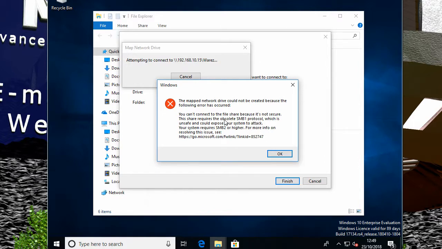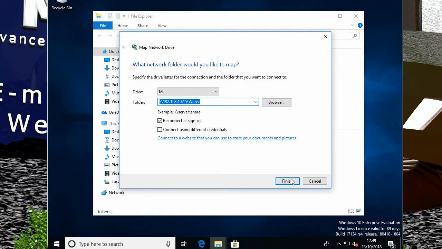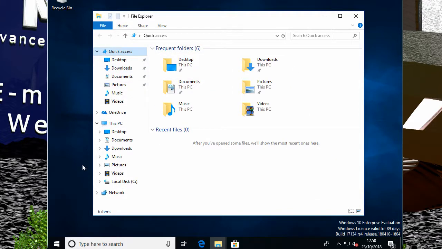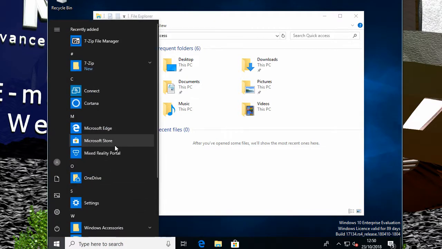I suppose one of the main reasons they've disabled it is that apparently there was some sort of virus that took advantage of bugs in it. So of course it's easier just to disable it rather than actually try to fix the problem. But what you can do anyway, if you want to enable it, is go to the control panel,